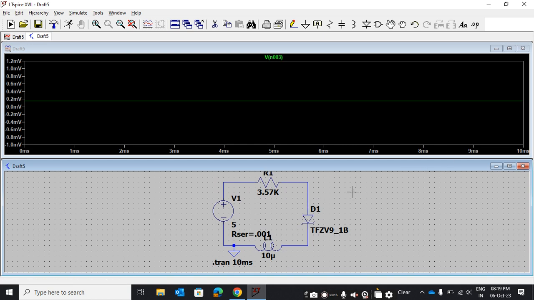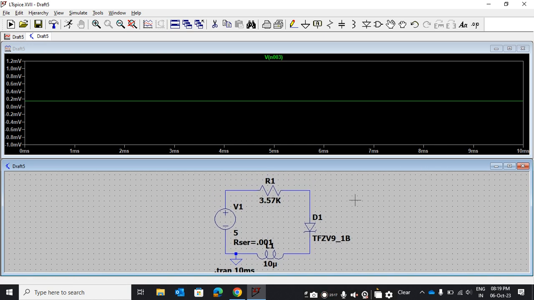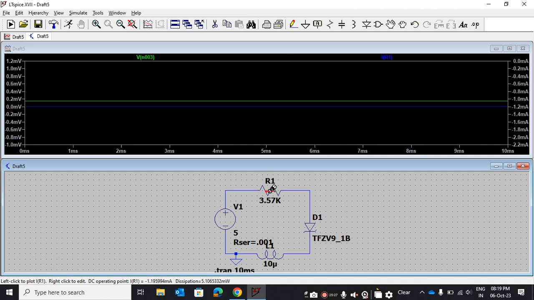Now if we want to measure the current in any component, bring the cursor on the component, so this type of symbol will come, and left click here. It will show the current here. If you click again here, it will show its current individually.